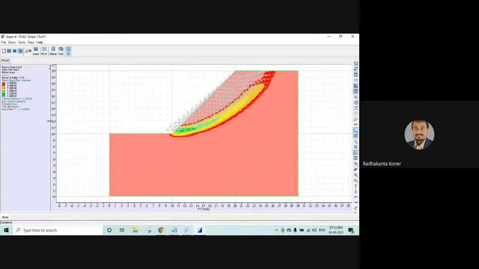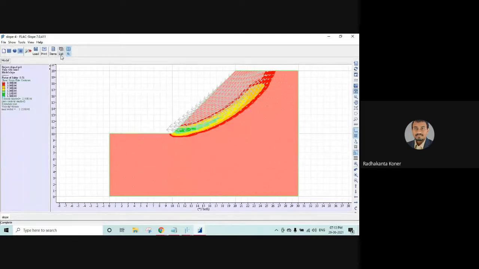You see, after we have calculated the factor of safety following the shear strength reduction technique, an envelope kind of a shaded area has been shown. This envelope area is representing a zone. The total shaded zone is representing the shear strength increment rate. Shear strength increment rate is a new term for the mining engineer.